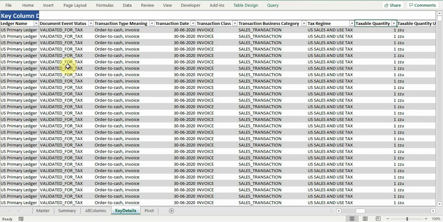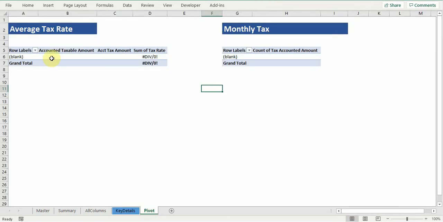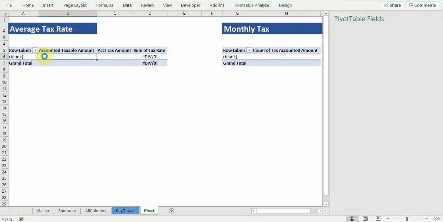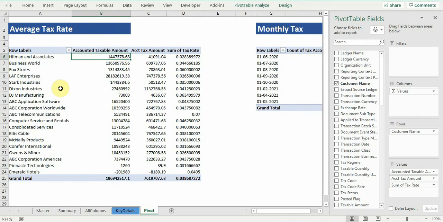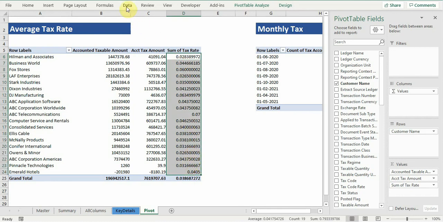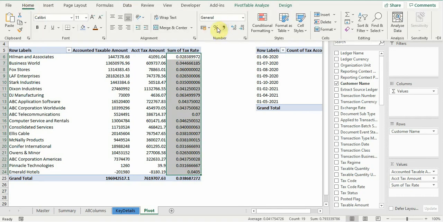There can be other analysis also that would be required. Just like in the pivot, I want to see the average tax rate and monthly tax. To get the data in the pivot, again I need to refresh. And now here you can see the customer wise average tax rate. Formatting you can do as per your need.